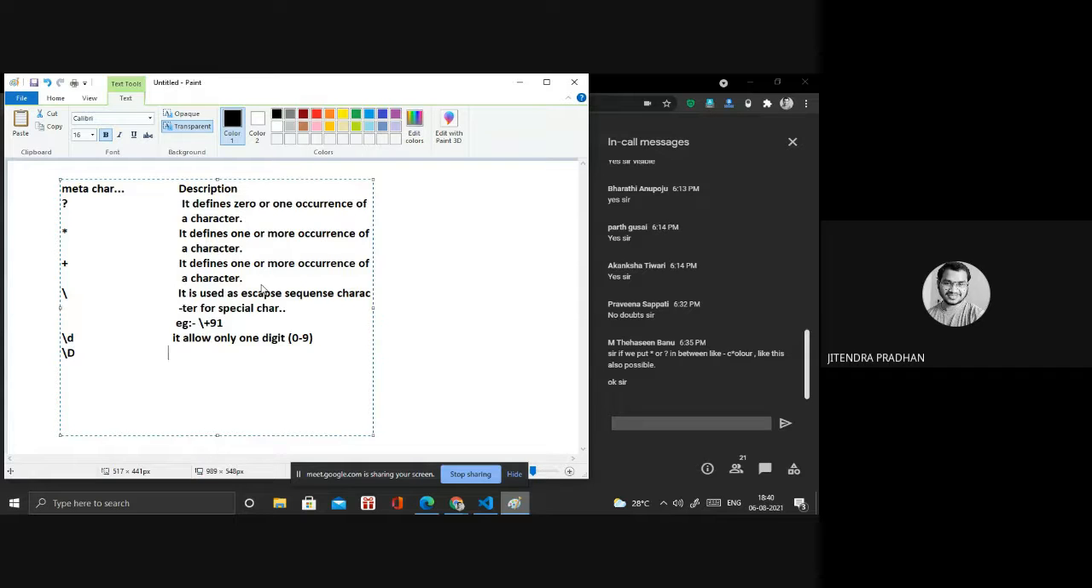It does not allow any character, and it does not allow any digit inside that. What is the example of that? It's an example. You have to write...